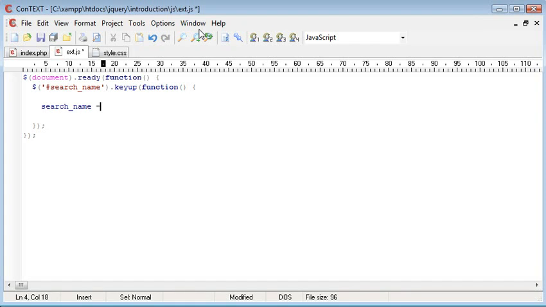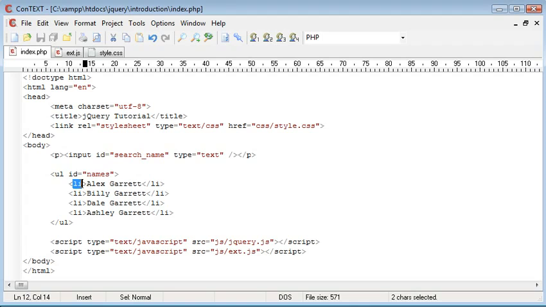So we create a new variable called search name, and that will be equal to this, i.e. referencing back to the search name field, and then we want to grab the value using .val. So every time we have a key up, we then want to search for the search name variable inside of this li here, so inside this names unordered list, and we want to search for